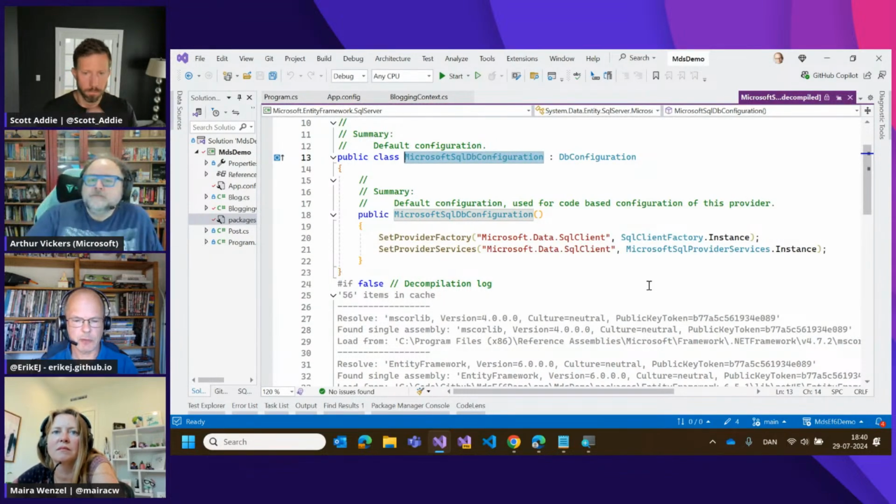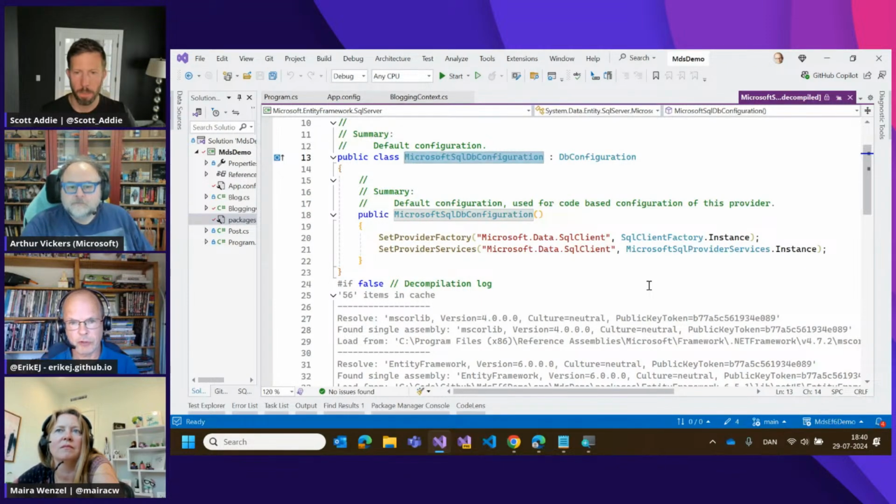Yeah, and it does. I've had some issues with people that couldn't get it to work, and it turned out they had their own DB configuration. So they could inherit from this, or they could copy paste those 2 lines. And it's also all documented in the README that if you have implemented your own code-based configuration, this is how you should deal with that.